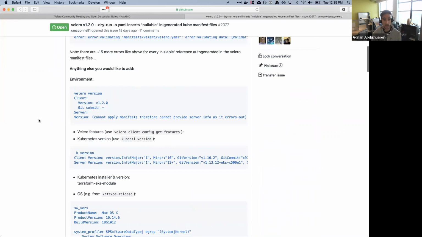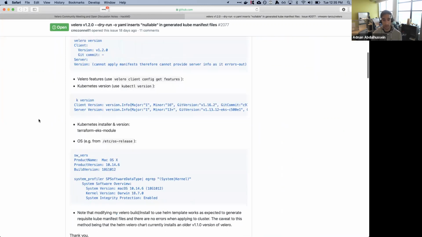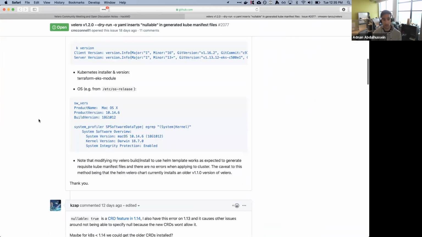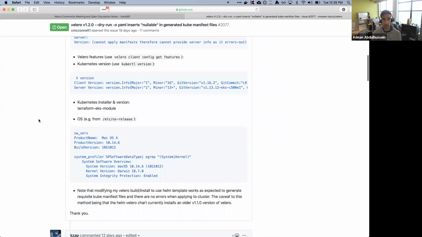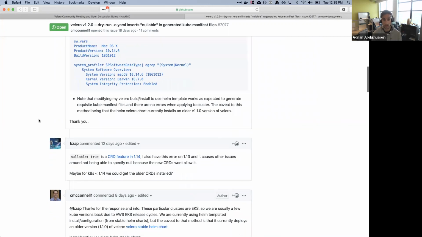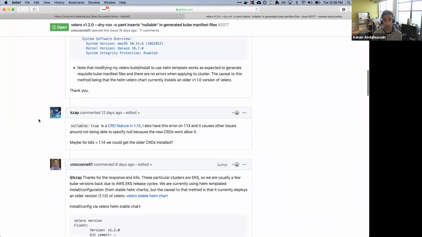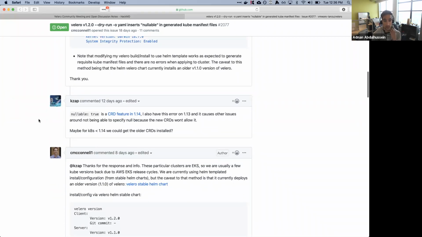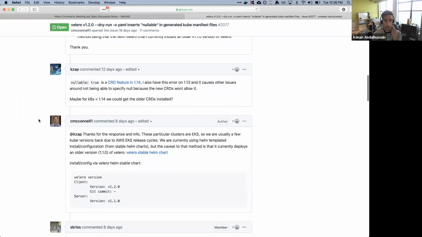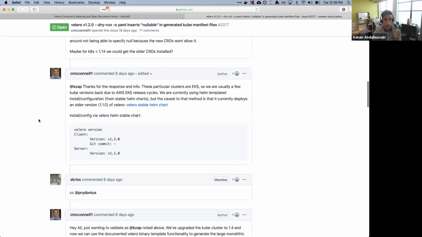If you apply it with validate false, which is similar to what Velero install is doing, it installs fine and the schema works fine. It's simply when you have this validation happening with kubectl that the issue happens, specifically for pre-1.14 clusters.